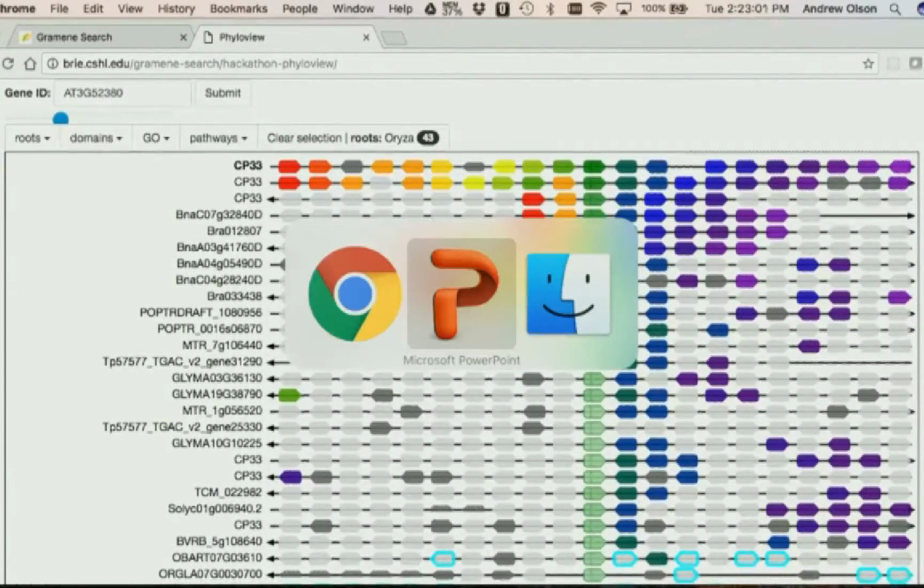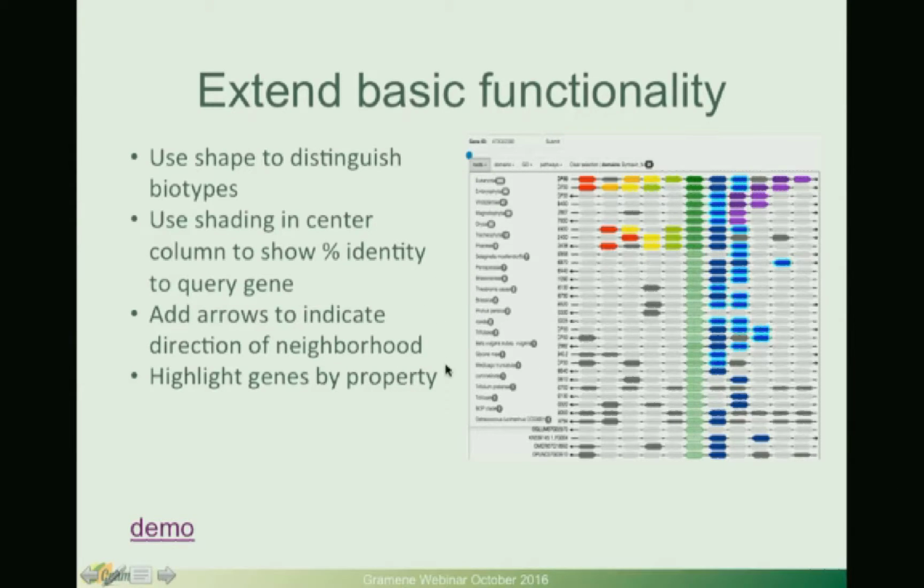So the next step, hang on. Yeah, so one of the things we want to do is integrate this into the multiple sequence alignment in the homology tab of the results